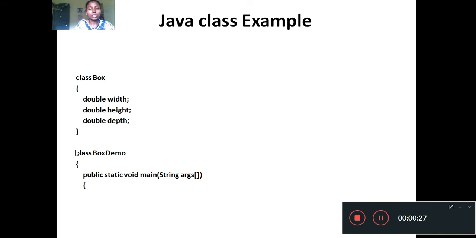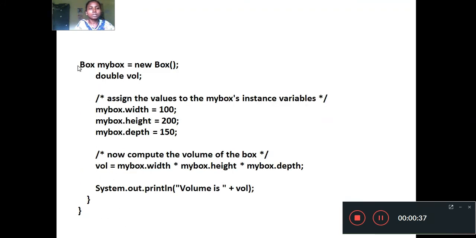Inside this class you can create an object. Now see, this is the Box class, and I'm creating an object here: Box myBox equal to new Box. I'm creating an object with a reference, that is myBox.